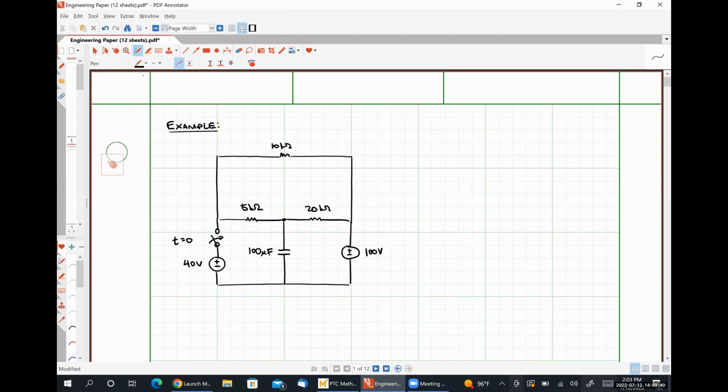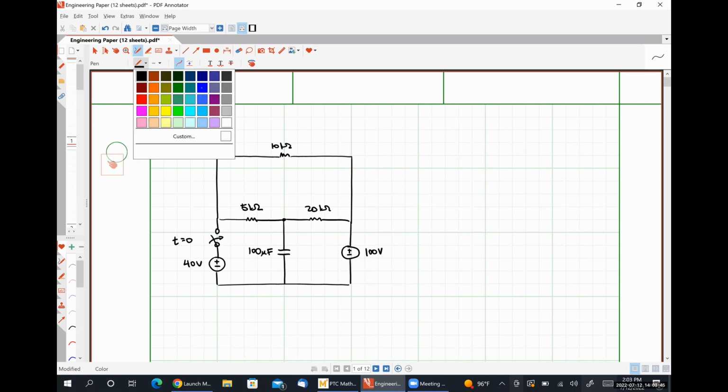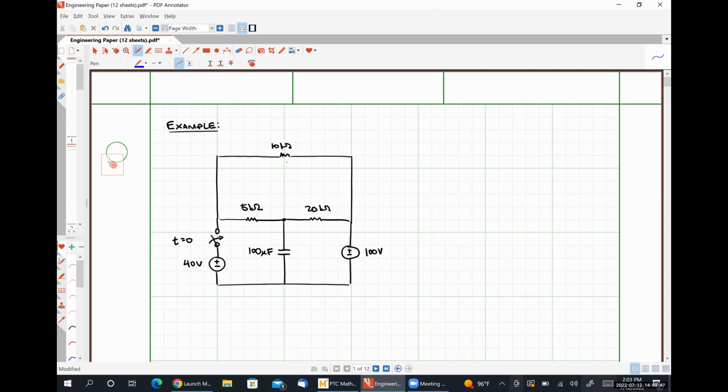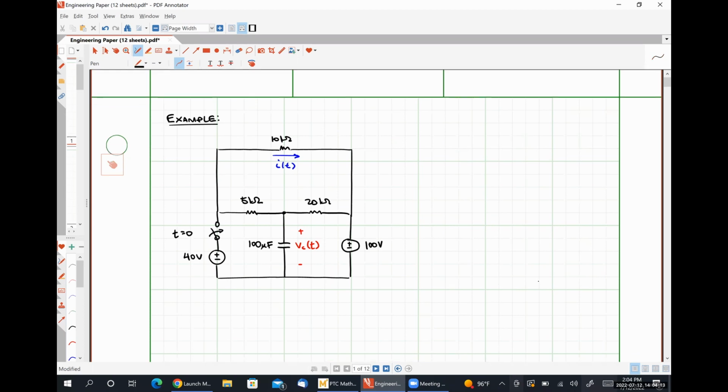will be the current flowing through our 10 kilo ohm resistor. Let's define that current to be in this direction, and we'll call it I of t. And because this circuit contains a capacitor, we're going to also have to pay attention to our capacitor voltage, Vc of t. So